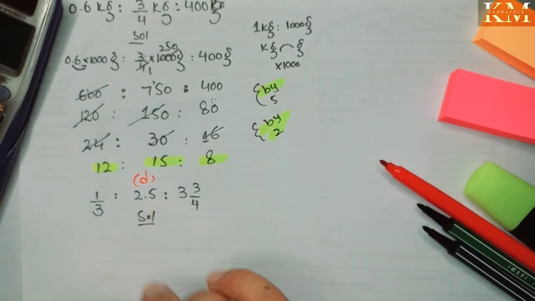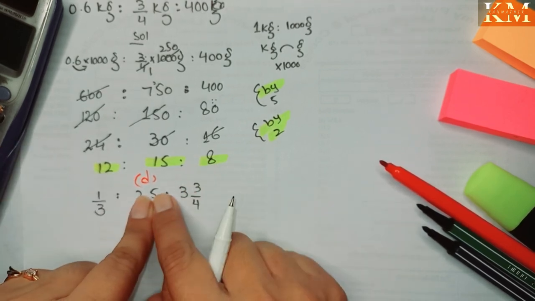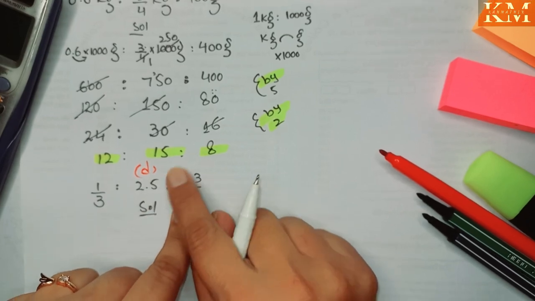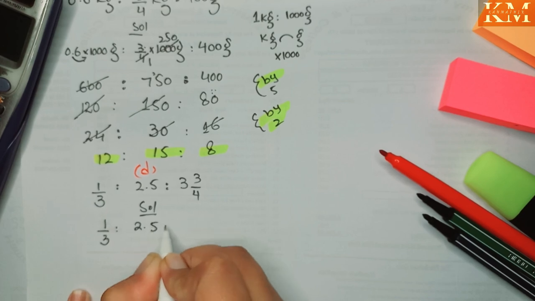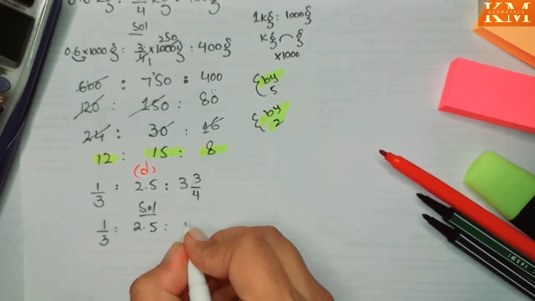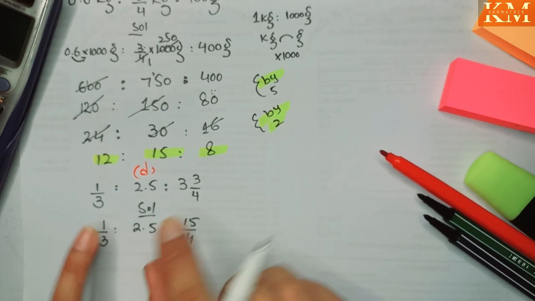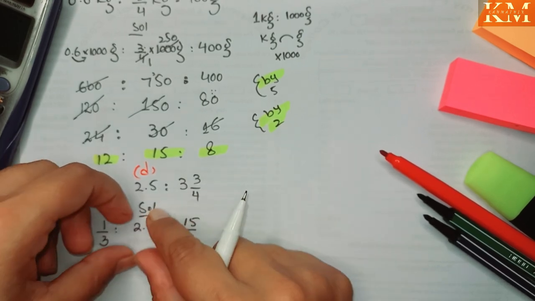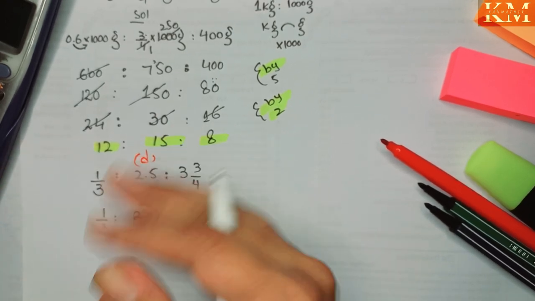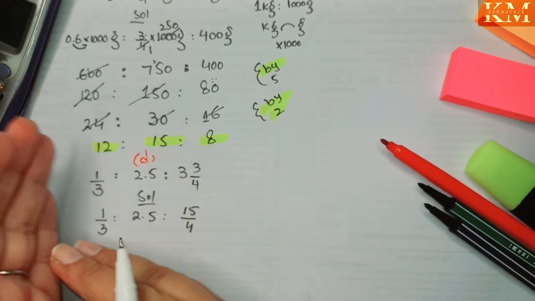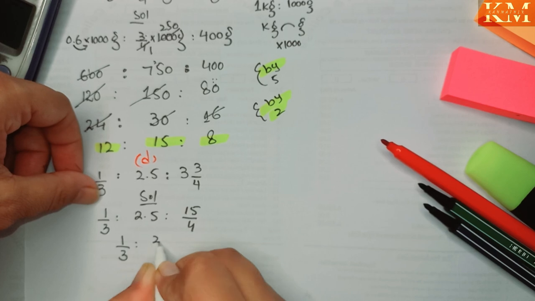D part, dear students, in D part we are having a fraction and a decimal. So सबसे पहले तो हम इस मिक्स फ्रैक्शन को चेंज कर लेते हैं. 15 by 4. हमारे पास 2 फ्रैक्शंस हैं और एक डेसिमल है. सो व्हाट वी आर डूइंग कि हम इस डेसिमल को फ्रैक्शन में कर लेते हैं बिकॉज 2 फ्रैक्शंस हैं हमारे पास और एक डेसिमल है. सो इट्स ईजी फॉर अस कि हम इसको